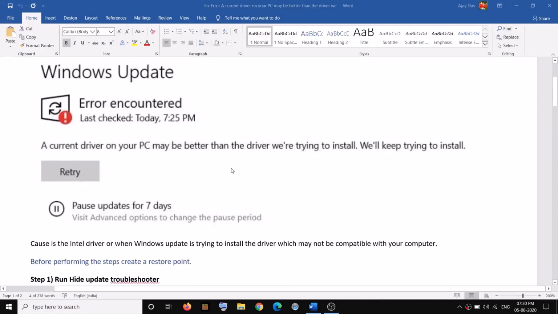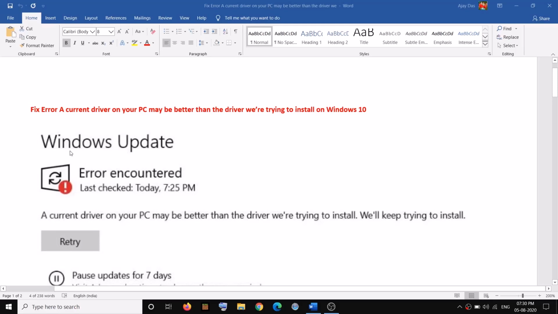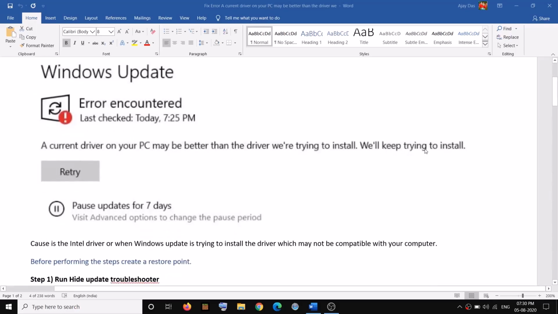Today in this video I'm going to show you how to fix the Windows 10 update error, that is, a current driver on your PC may be better than the driver we are trying to install. We will keep trying to install. So if you are receiving this error message when you are updating Windows 10, then please follow the steps shown